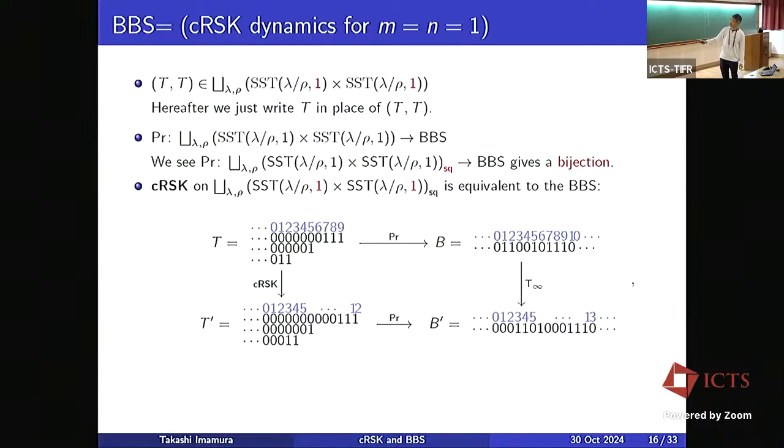So in this case, P and Q should be equal, T like this. So after we write T in place of T, the pair is TT. And the equivalence of the dynamics is summarized as this diagram. This is the CRSK dynamics of T, and this is the BBS dynamics. And this one is the